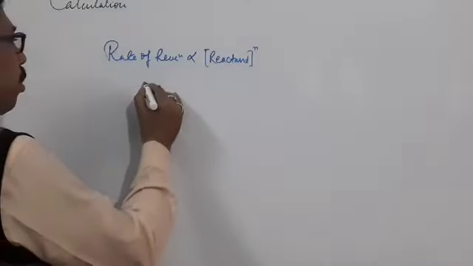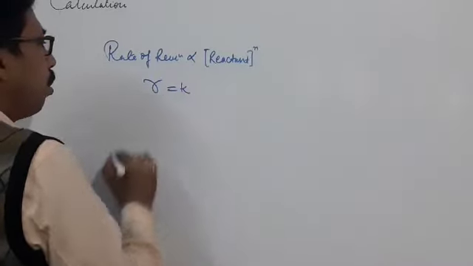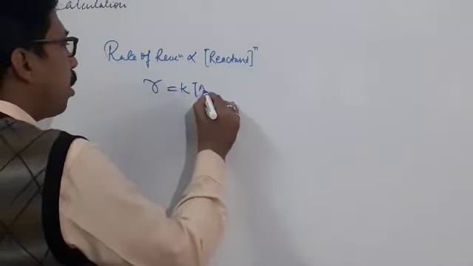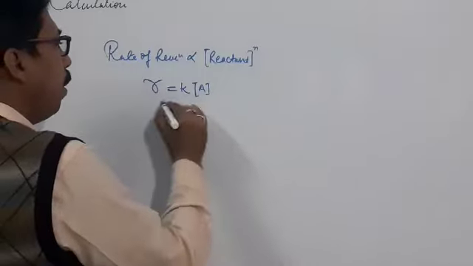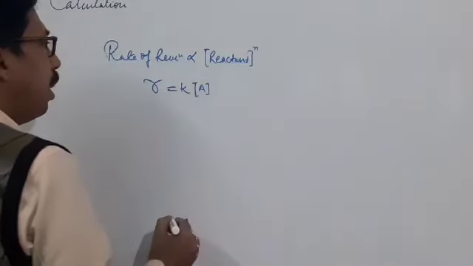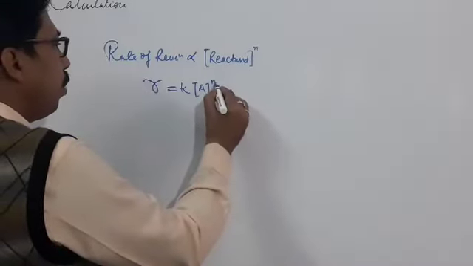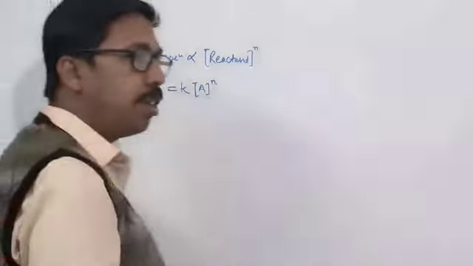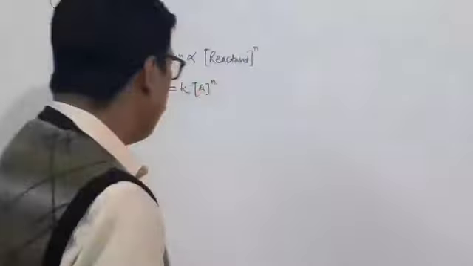So rate of reaction equals the proportionality constant K times the concentration of reactant A to the power n. If we consider two different concentrations A1 and A2,